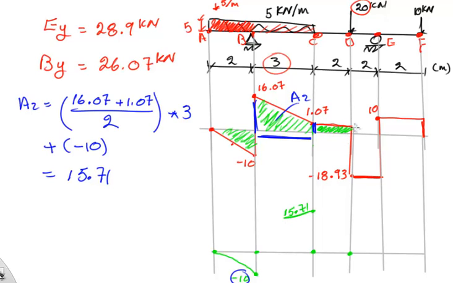The area of this is 1.07, which is the height, multiplied by this distance, which is 2, and add it to the 15.7. So you will get 17. Here, let's say it's 17.85. And let me clean this up for a second. It's